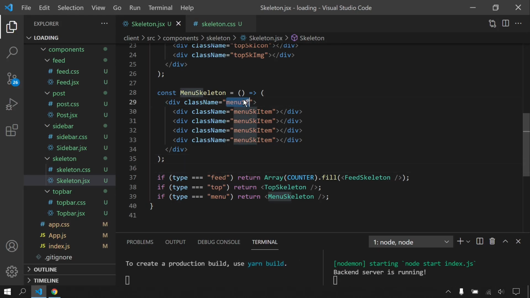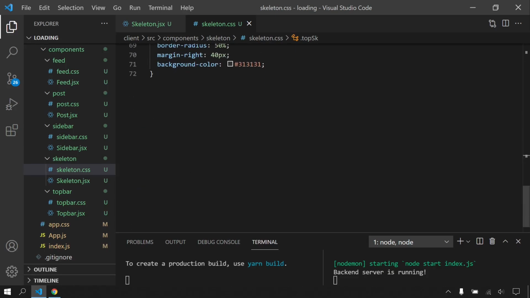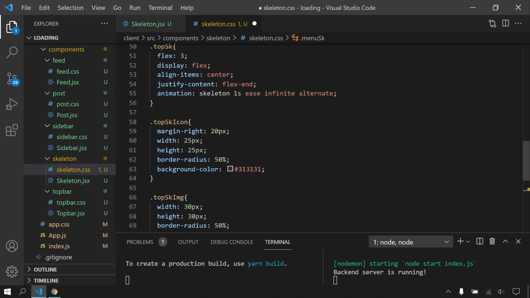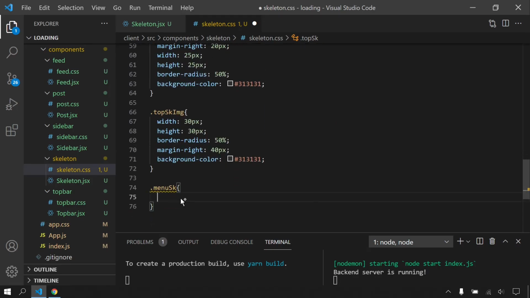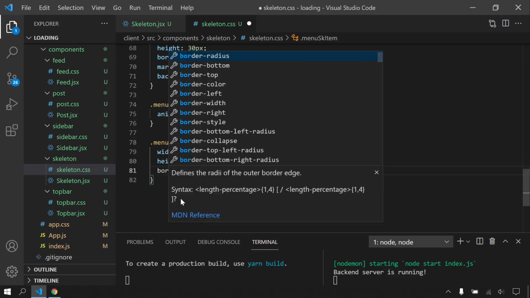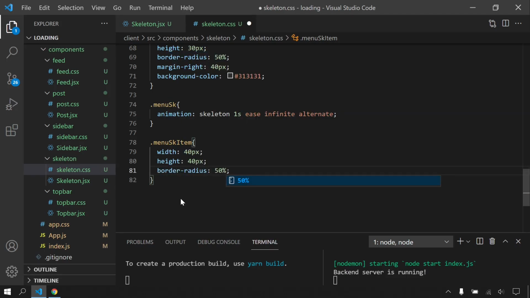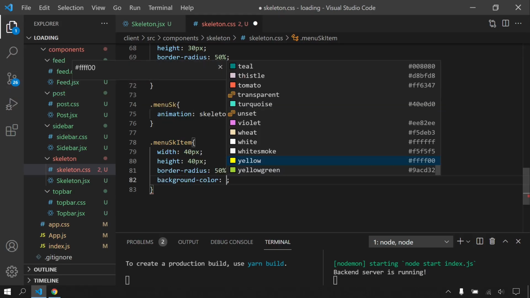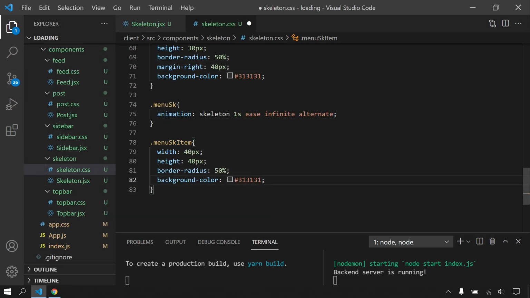Okay, let's copy this, and for this CSS file I'm just gonna call this animation again, and for each item let's say width 40, height 40, and border radius will be 50%, and background color as always our gray color, and I'm gonna give margin top for each item.